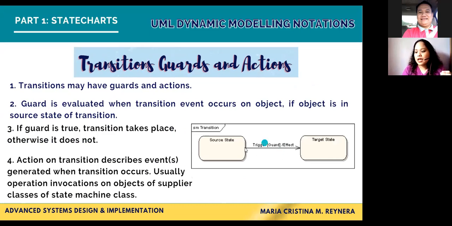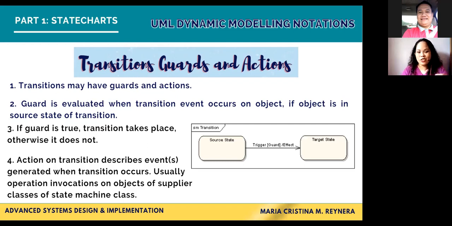Or you can see what the process is between the source state going to the target state. Now, the word guard is the condition which must be true in order for you to trigger or cause the transition. And the effect is what will be the action. So in the transition example that you can see right now, an effect was